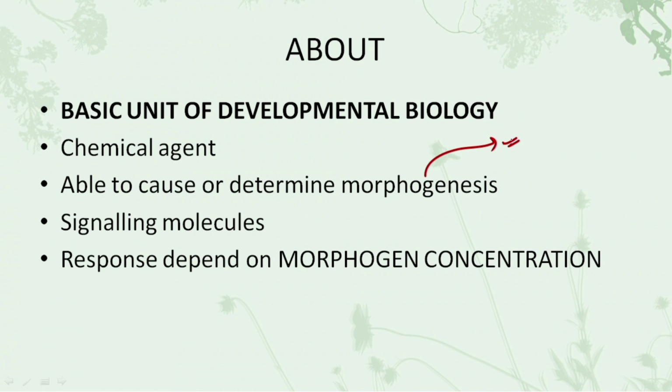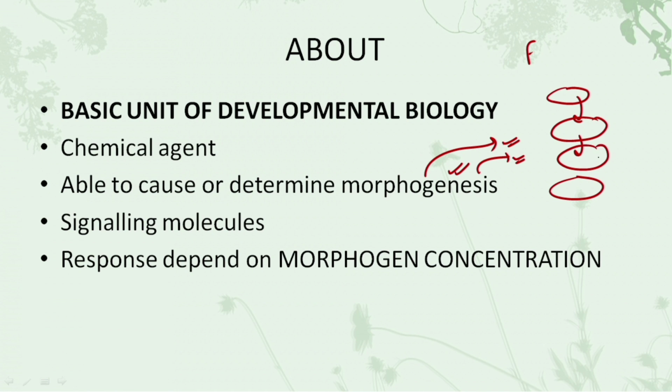We have learnt a bit of it in our previous classes. When we study a frog's developmental stages in our lower classes, that is 5th or 6th class, we have learnt that it undergoes a process known as metamorphosis. What does this mean? Metamorphosis is when a particular organism undergoes various developmental stages in order to convert into an adult. That is what morphogenesis is. So the morphogens are able to determine the morphogenesis.